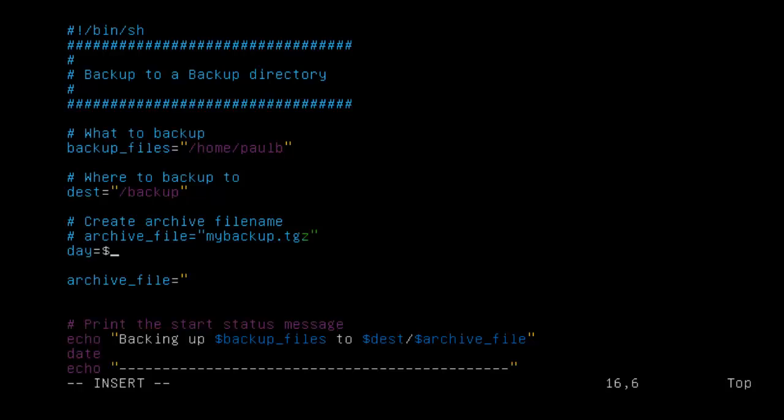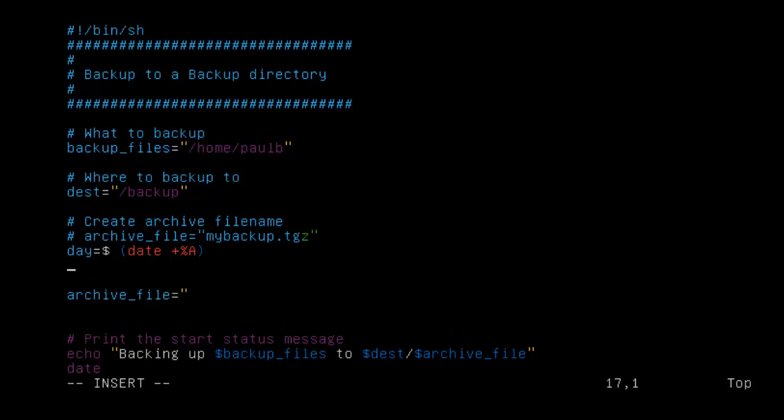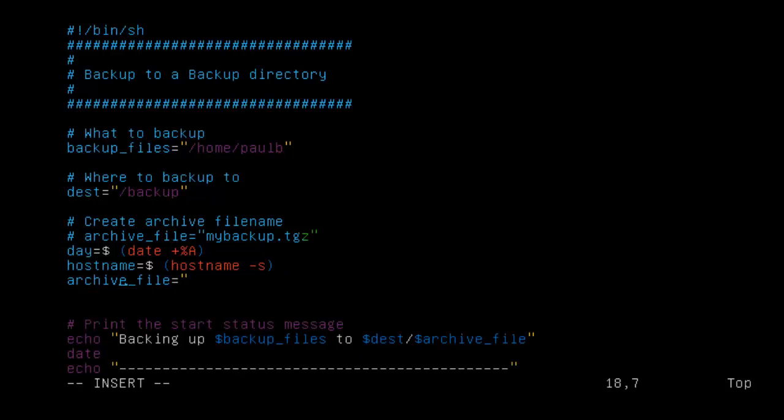$ date plus %A. And if you don't follow along with this, this is perfectly fine. That's okay. This is a lot further than we need to go, for some people who want extra things. And the archive file name would then be